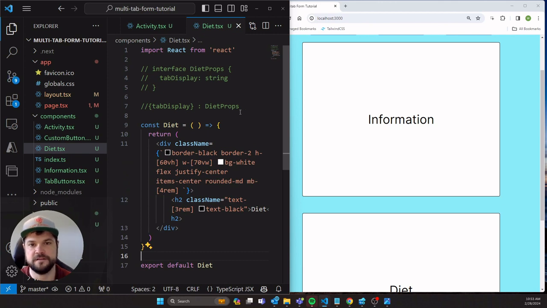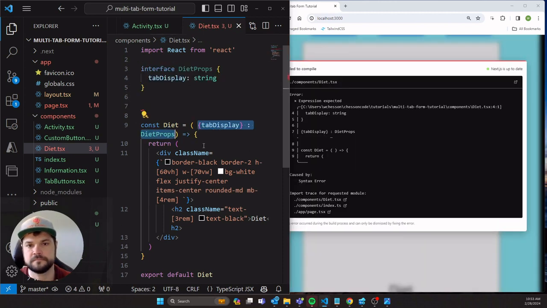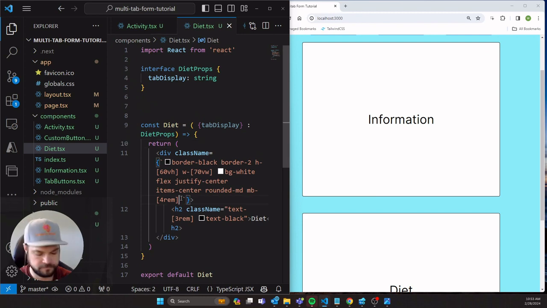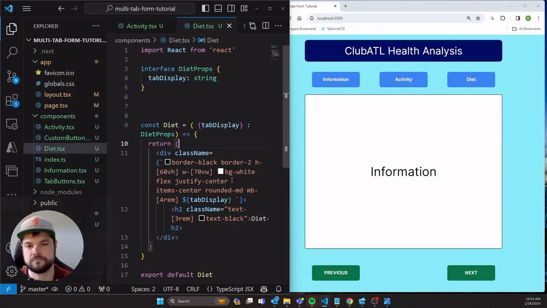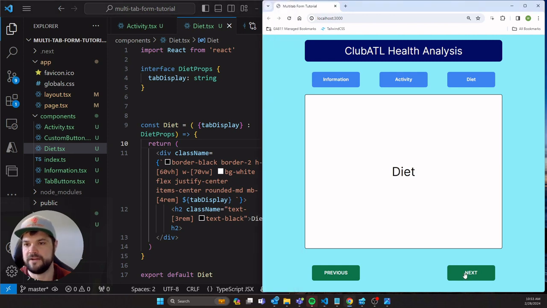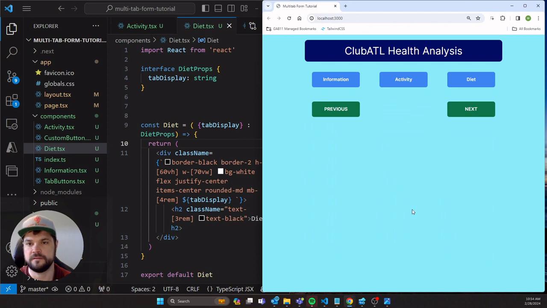Oh, I went back to activity, not to diet. Beautiful. Now if I click next here, you see nothing because we don't have a tab display for active tab